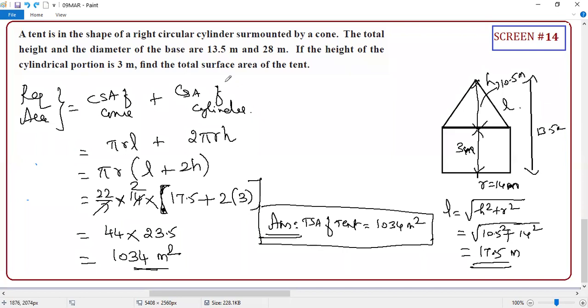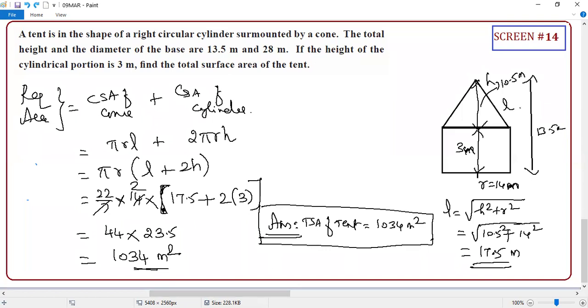Trust me, even if you don't want to know TSA, just by knowing CSA it is more than enough, student. Clear or not? We will not use the TSA formula in any of your problems, at least from my knowledge, 95%. So TSA is a very rare case. Only CSA and volume you should remember, right, student? Only CSA and volume. Volume is very important because in conversion of solids, when I'm teaching, everything is purely volume formula, student.